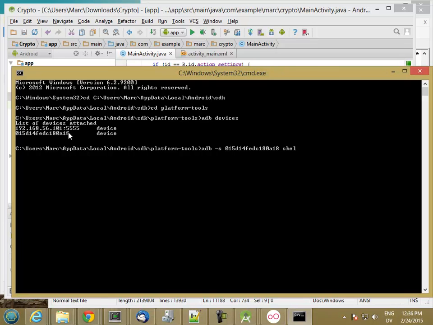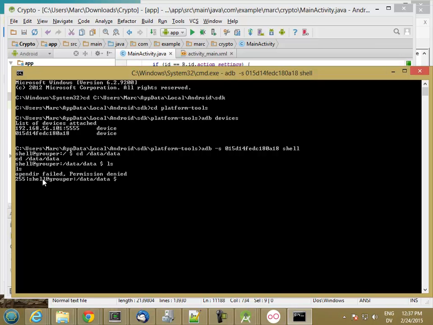And then I'm going to launch a shell. So now I'm logged into my Android device. And if I go to data/data, that's where the internal apps live. I don't have read permission on the directory, so I can't list anything. Now,